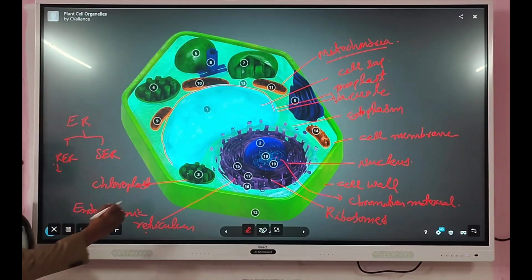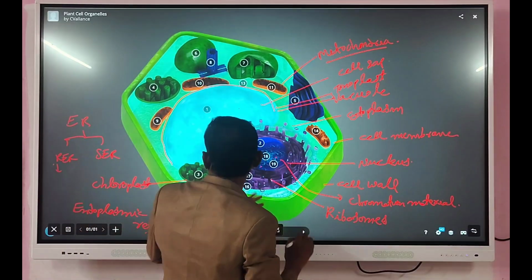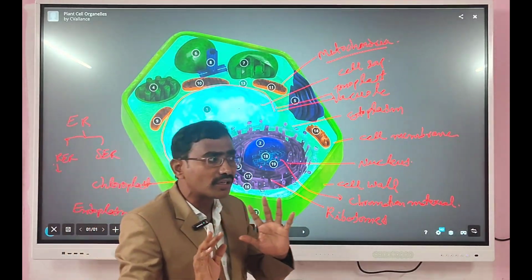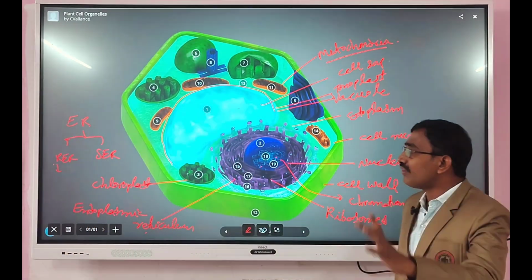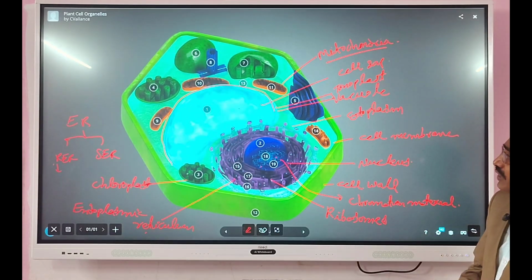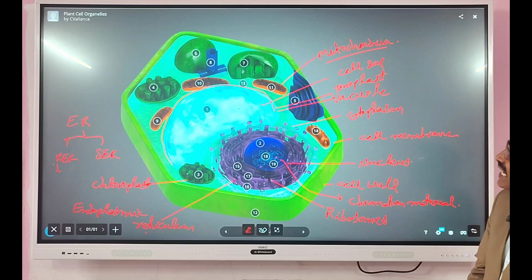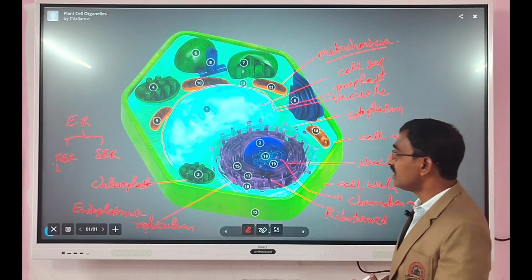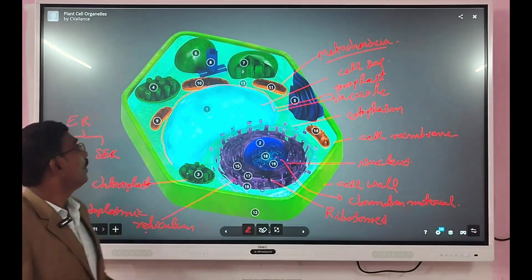And the SER is this region. These are called SER. In the SER, ribosomes cannot attach. So the main function of SER is lipid synthesis. So different cell organelles are present inside the plant cell. Next,